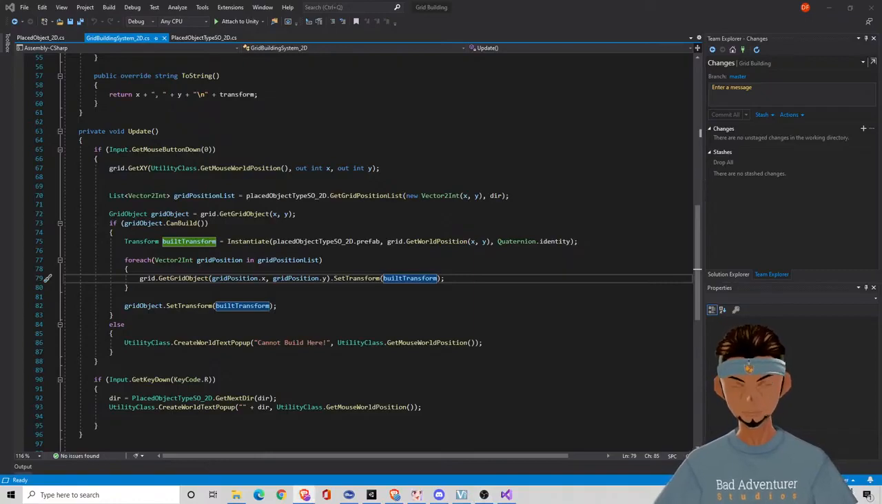So the issue is that right now we're only testing if we can build on the clickable position. The answer is we need to apply the exact same logic that we just saw. We need to test if we can build, not just on where we click, but on all the positions that will be occupied by the new building. So over here we've got the grid position list. We just need to call can build on every single one of those. All right, so here's